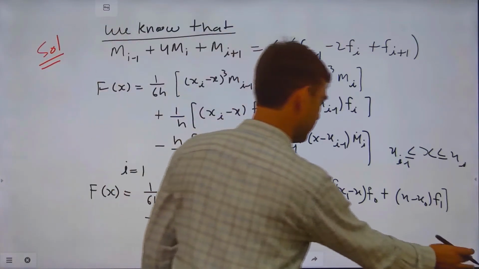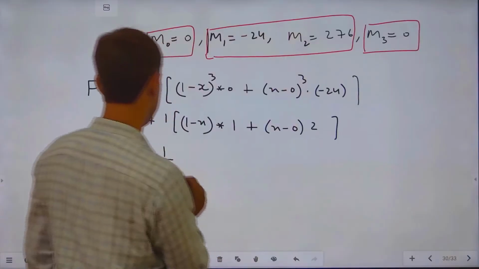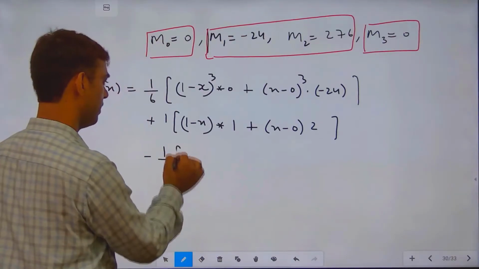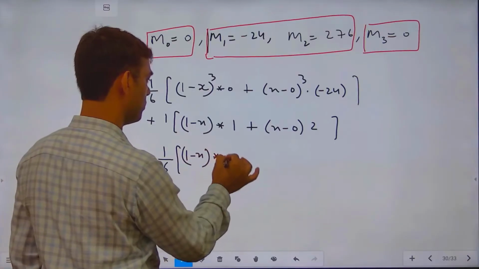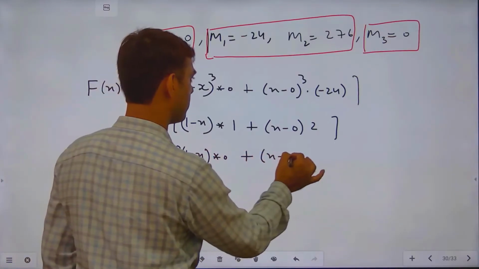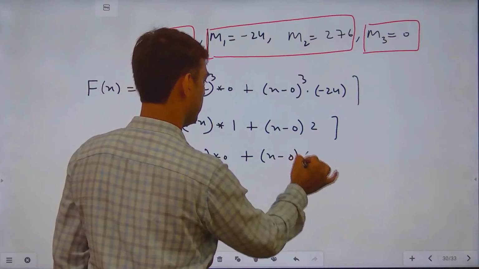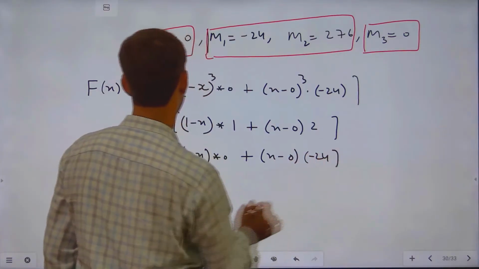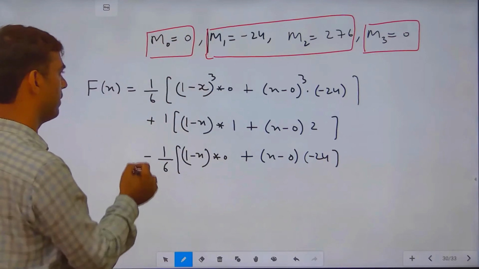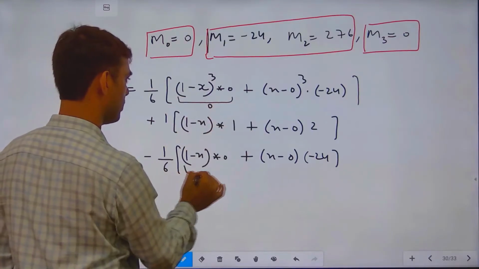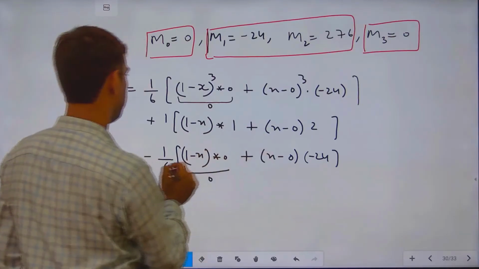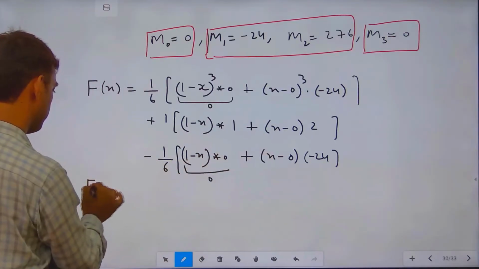Obviously this one is h by 6. So here 1 by 6, inside 1 minus x, again m0 with a 0 plus x minus 0 into minus 24. So if we simplify this one, then this term becomes 0, this term becomes 0, this term also becomes 0, and if we simplify, this becomes fx equal